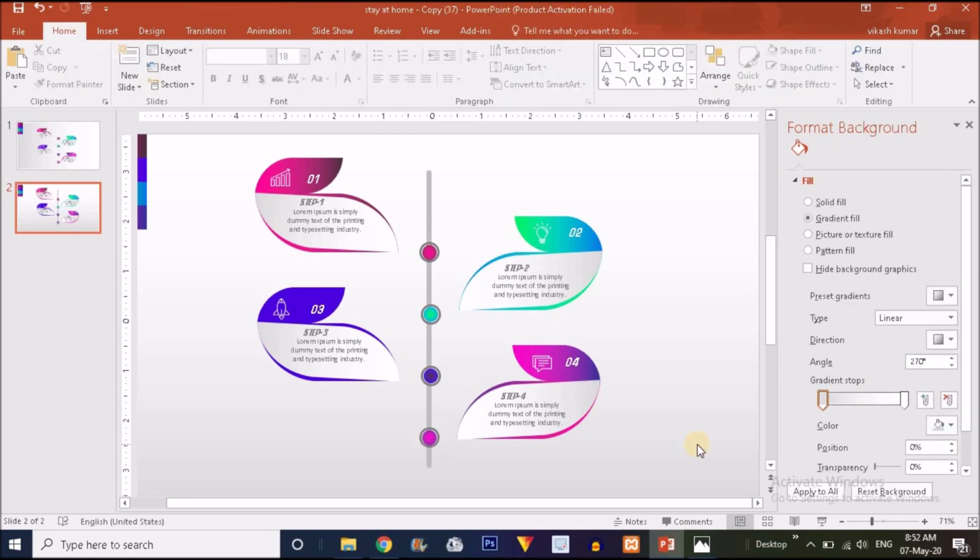this is how you can create a 4-step infographic very easily and efficiently. So this is part 1, and from today I will create 2 videos on each particular infographic. The first video will show you how to create the shapes and the infographic, and the second video is totally dedicated to its animation part. The second video is very important, and don't worry, I will definitely create the second tutorial, so that you get the idea of using the animation tab in PowerPoint.